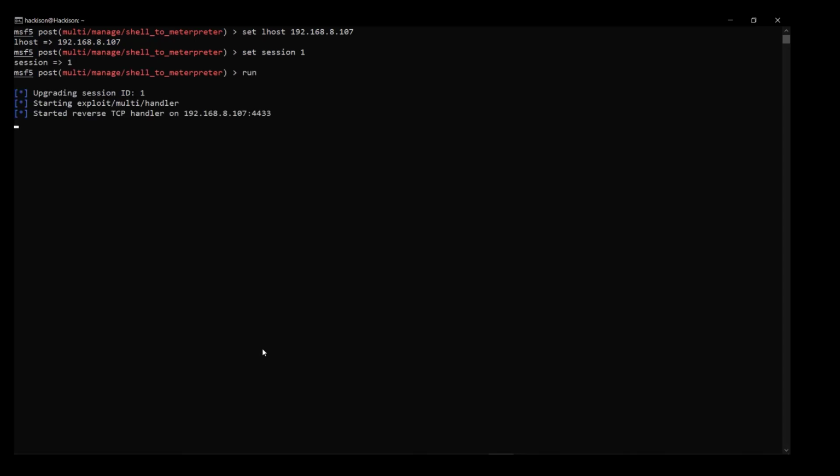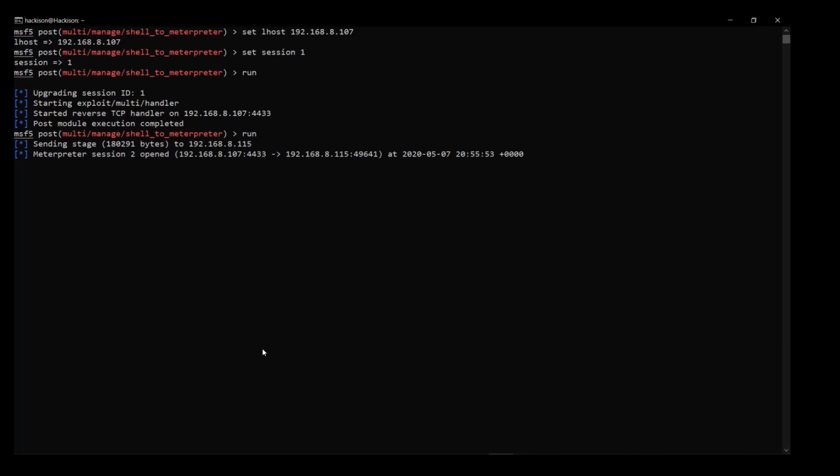Now click on run, and you need to wait for some time. Okay, fine, we have got it. Once the post module execution is completed, it will automatically open the Meterpreter session.